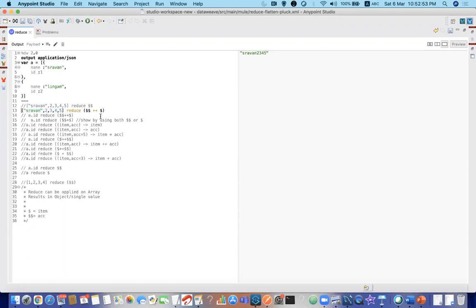Let's see more examples. You might get a better understanding. Now I have a.id, which is like 1, 2. I am reducing it with $$ + $. And what if I use $ ++ $$? It is happening the reverse way of concatenation, right? If I remove this and show you this, $ ++ is kind of 5 4 3 2 Shravan.